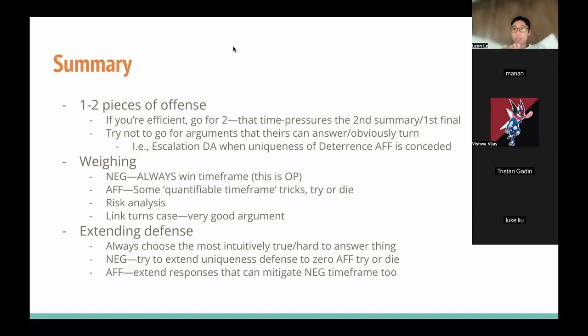Another argument that I think is very good to make in the back half is a link turns case argument. So at the TOC and at the King Round Robin, we read a Russia DA that was like, investing in nuclear energy signals to investors that oil will be worthless soon, causing oil suppliers to immediately sell as much oil as possible in order to get rid of all of it at once, right? And we made the argument that the link alone is sufficient to turn the case because